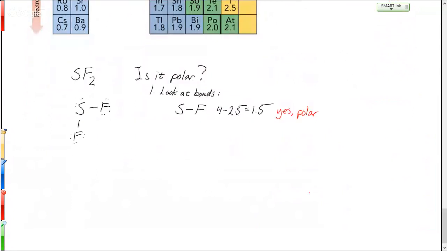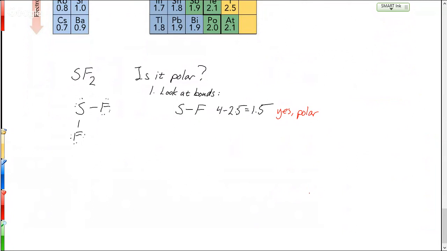So then what we want to do is go back to the model of the molecule and draw how that polarity works. We want to say the negative is on this side and the positive is on this side. So it is polar. Where is the negative in an SF bond? Where are the electrons going to? The S or the F? The F, because that has the higher electronegativity. So if the electrons are going toward the F, that means the negative part is on the F and the positive part is on the S. And the way we draw that is